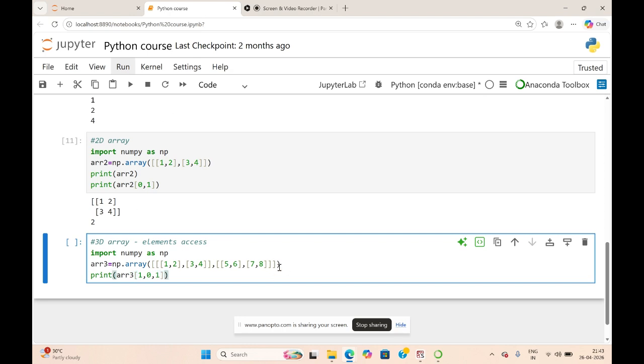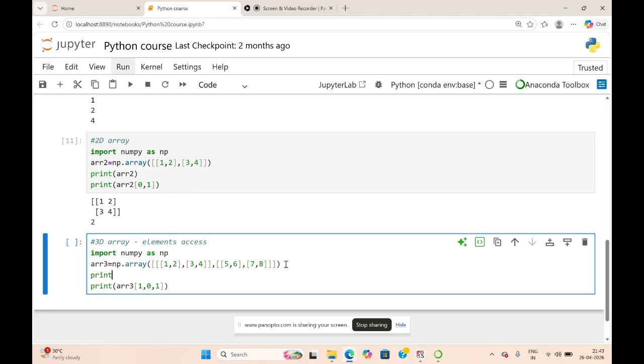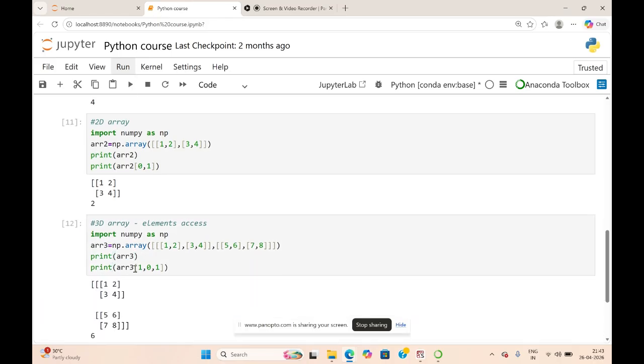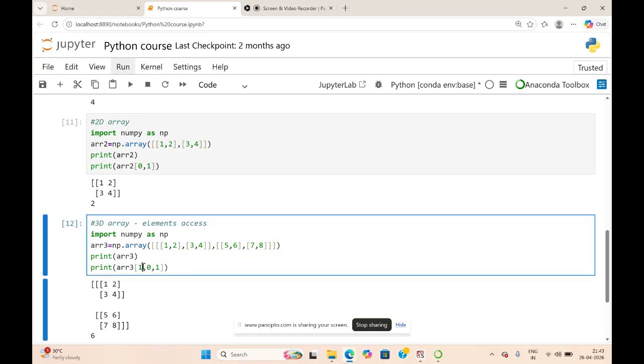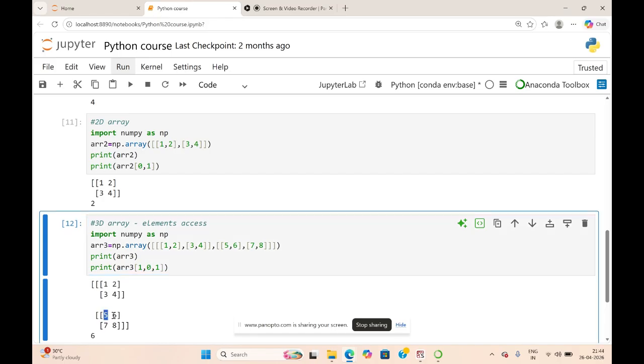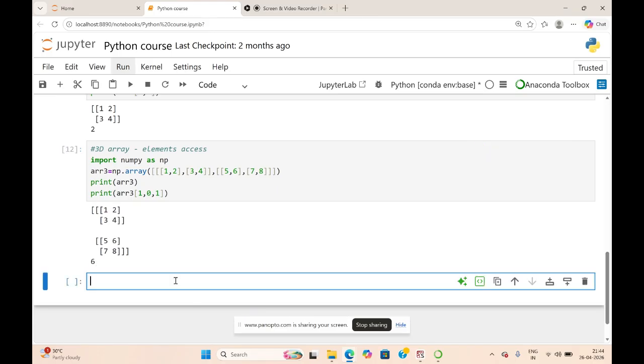Before that, you can print the actual array for confirming it. So the actual array is: block 0 has 1 2 3 4, block 1 has 5 6 7 8. So the block number is given as 1, hence this second block 5 6 7 8 is selected. In this second block, we are going to access row 0, which is 5 6, and column 1, which is 6. So the element we are trying to get is number 6.